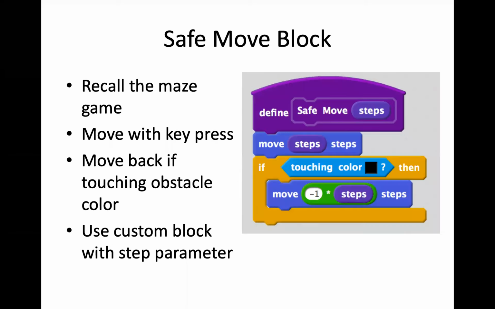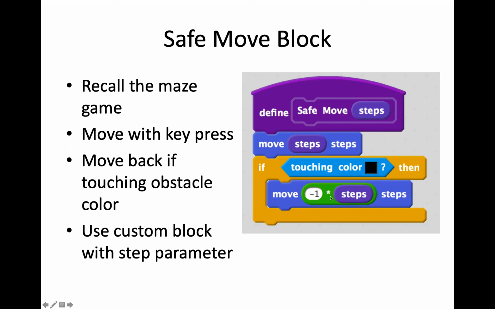So here's a block that we've called safe move. It's a custom block, and it takes a parameter called steps to say how far to move safely. And so what does it mean to move safely? Well, what we mean by that is we move the sprite by the parameter steps, number of steps in its current direction. And now if we're touching a wall, if the sprite is touching black, then move it backwards that